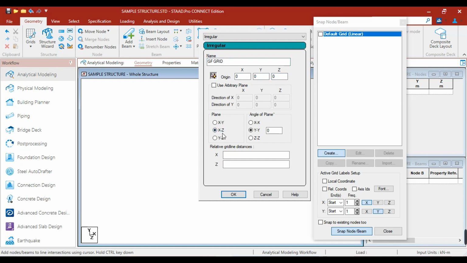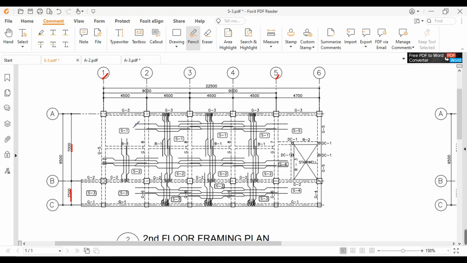For the angle of plane, since we're not going to rotate our plane, it remains at 0. The relative grid line distances depend on your plan. This is along x. If we go back to our plan, this is the positive x, and this is the positive y.